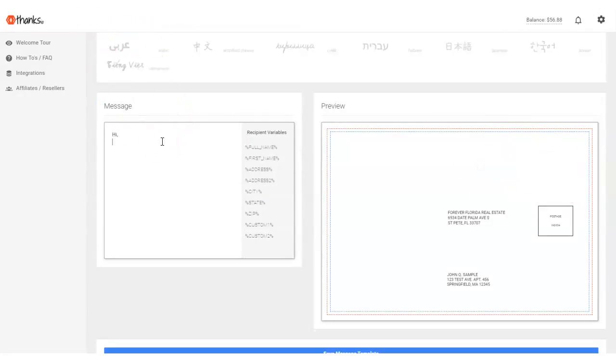So we'll say, hi, thanks for visiting ForeverFloridaRealEstate.com recently. Feel free to come back and search again. And if you'd like to check the value of your Pinellas County home right now, go ahead and scan the QR code at the top right of this page. Thanks. Okay. And then I might put the broker, Delia Davidson,